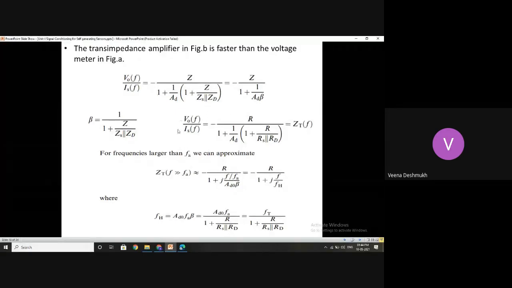If I reverse this, say output current divided by the input voltage, it gives me trans admittance from the reverse side, from the input to output. So this is the forward path where output voltage divided by the input current is taken. So this gives me trans impedance.